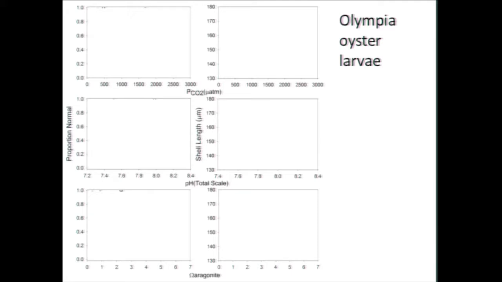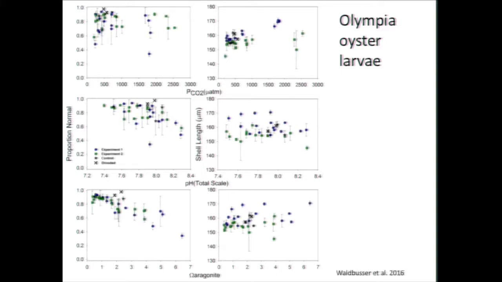So now I'm going to show you some data from Olympia oyster larvae. So these are native to the west coast of the US. They're brooded species, so that's your first foreshadowing hint. And what we find is that despite a wide range of conditions, really no response of these larvae to saturation